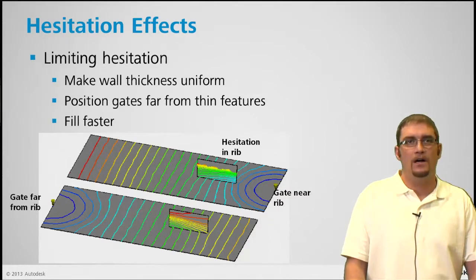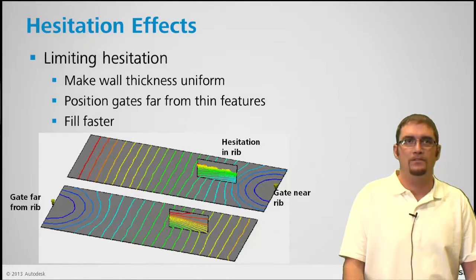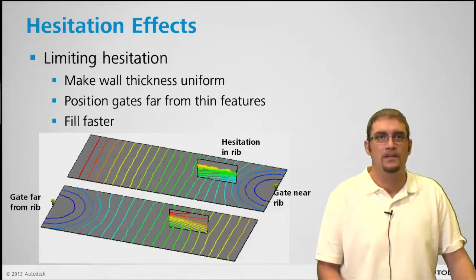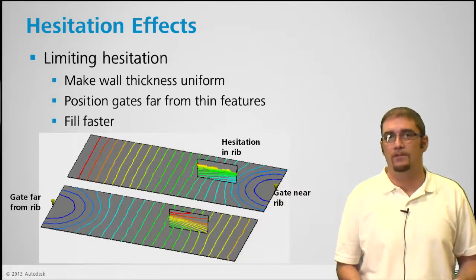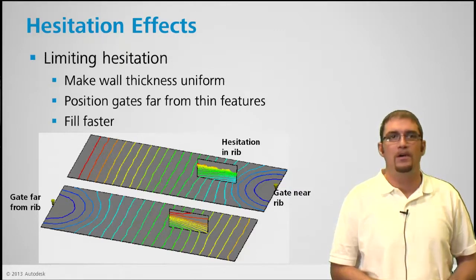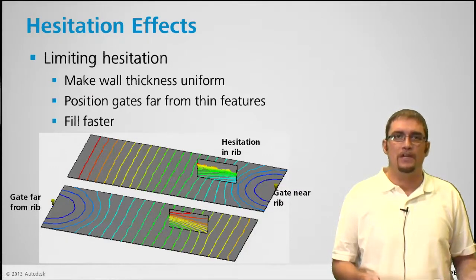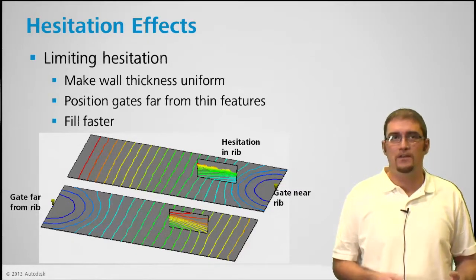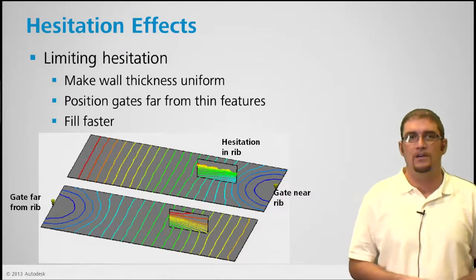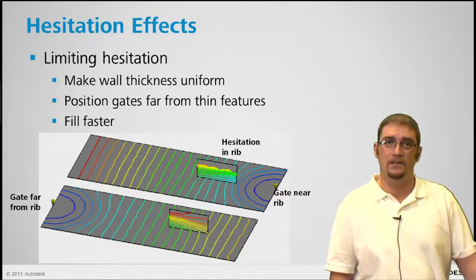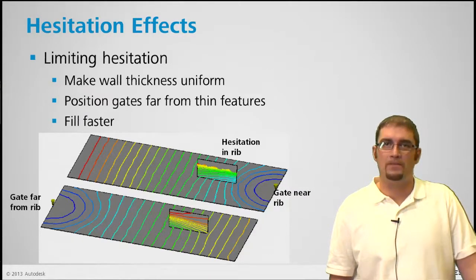Hesitation. So again, you want to be mindful of this and watch. If you can, ways to limit hesitation would be to make your wall thickness uniform. Naturally, that would help. You can position your gates far from thin features, or you can fill a little faster, because in this example you'll see the top one we gated near this thin rib, and what happens is, you